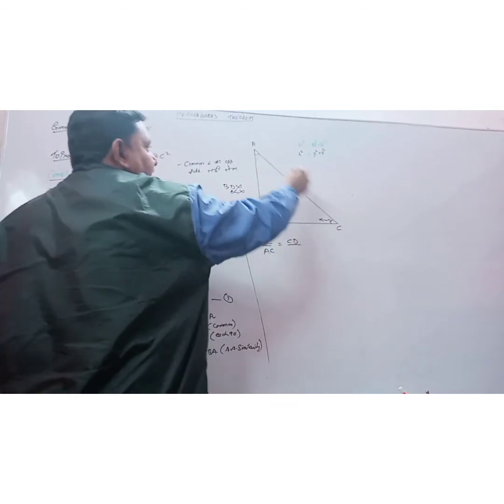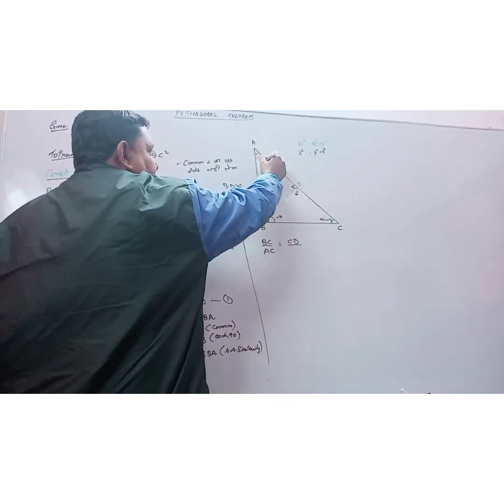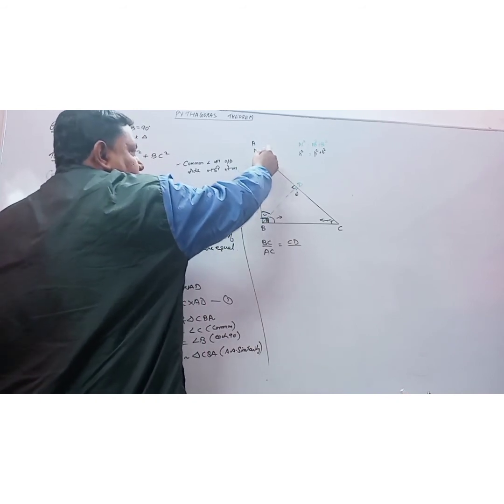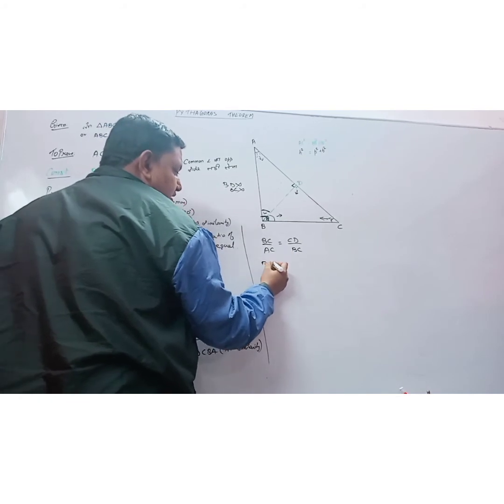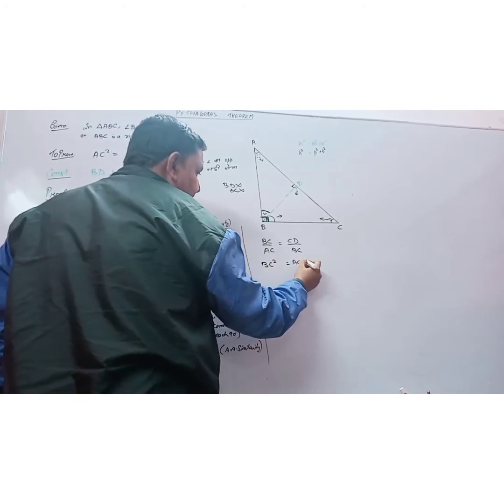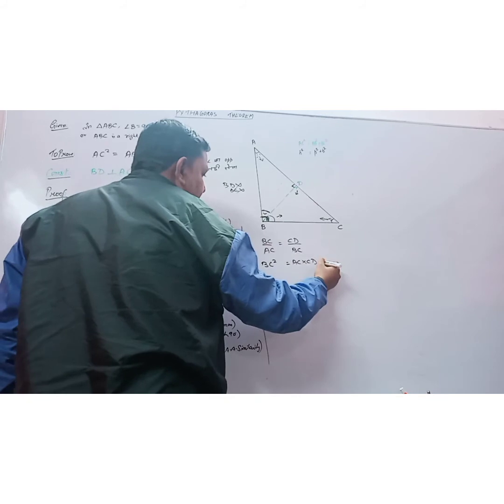Okay. By. In this triangle, we have taken angle B. This one is to avoid. Now left is angle A. The side opposite to angle A is what? BC. Now cross multiply, BC into BC. BC square is equal to AC into CD. Isn't it? Cross multiplying, equation 2.